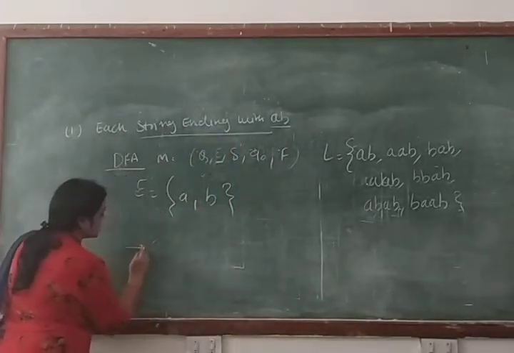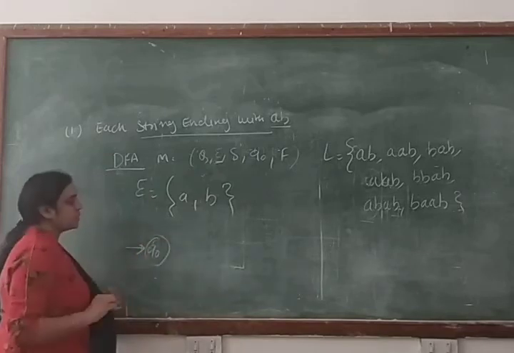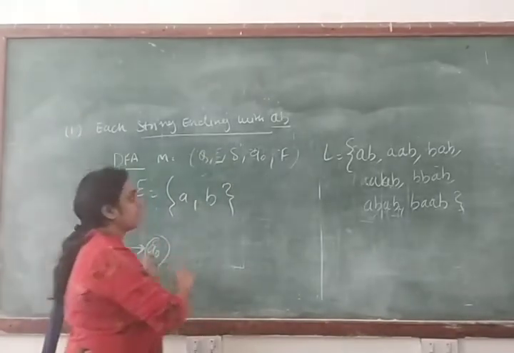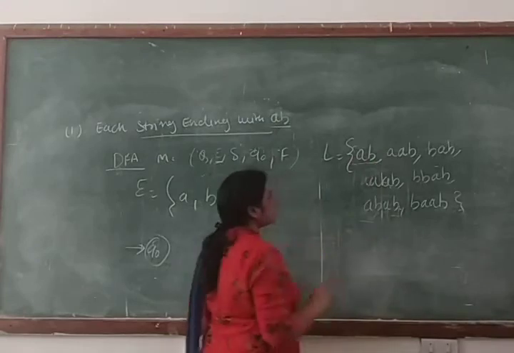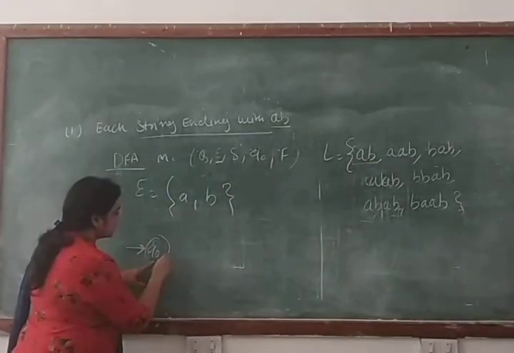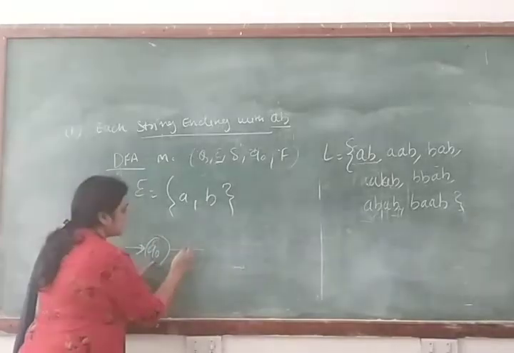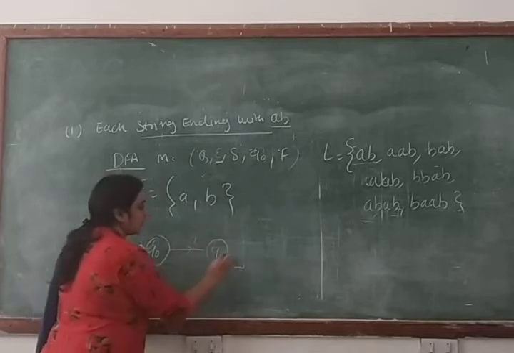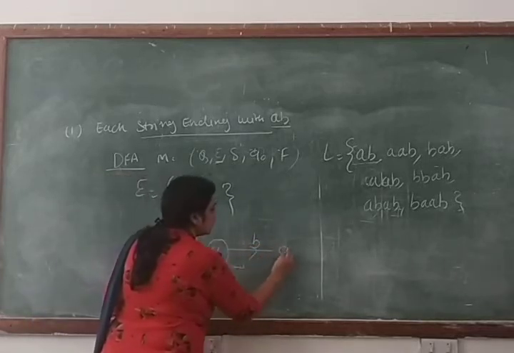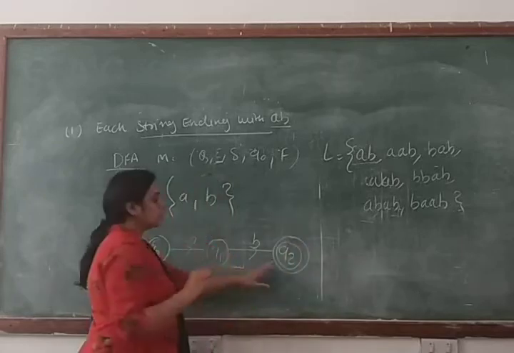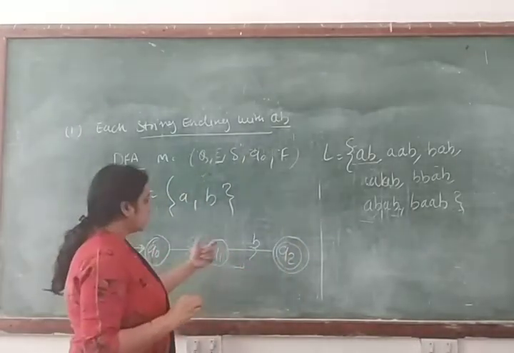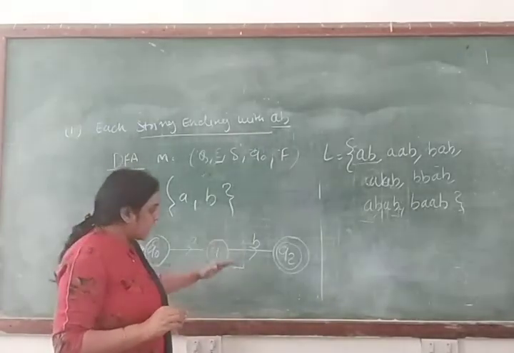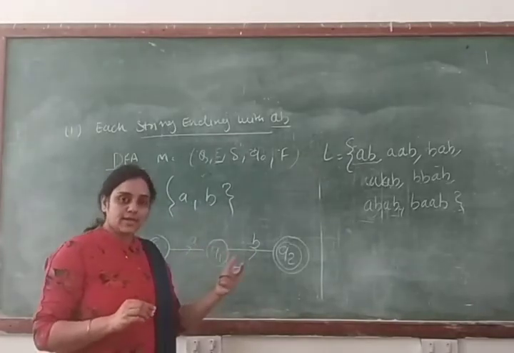Now we will start from the initial state, and Q0 is your initial state. So we will start from the state Q0. First we will make the machine for the smallest length string, and that is AB. So if you start from the state Q0, then you will make the machine for the string AB. Then you will make transition from Q0 to Q1, and from Q1 to Q2, and Q2 will be your final state. Because if you are not making a final state, that means this machine will not accept the string. So for acceptance of the string, you have to make the final state.